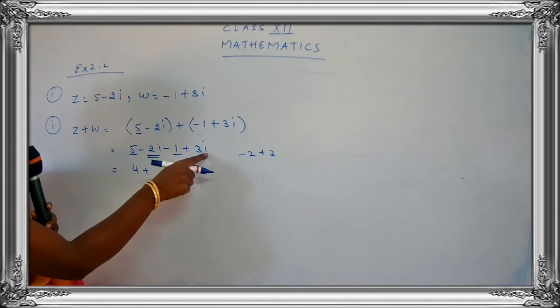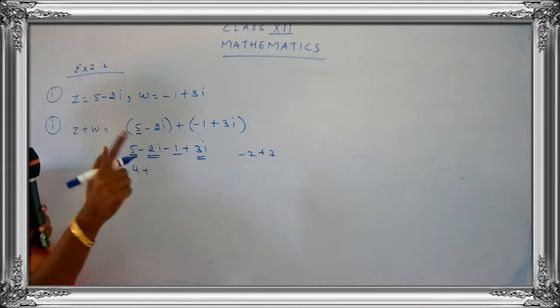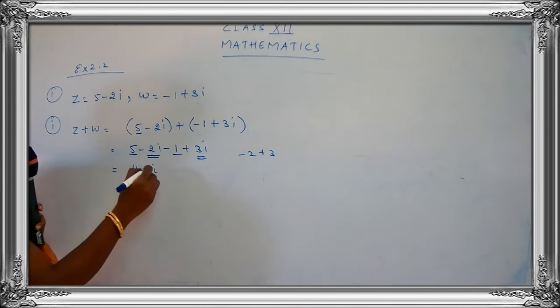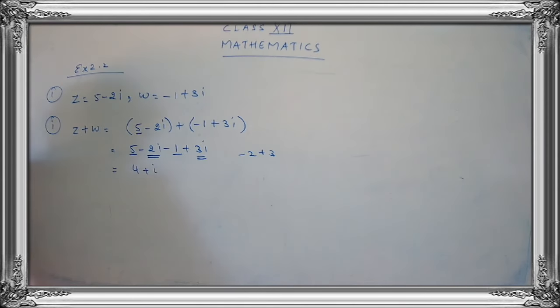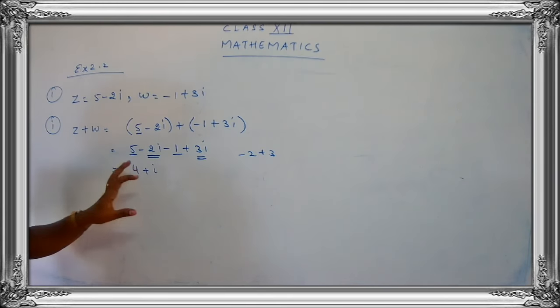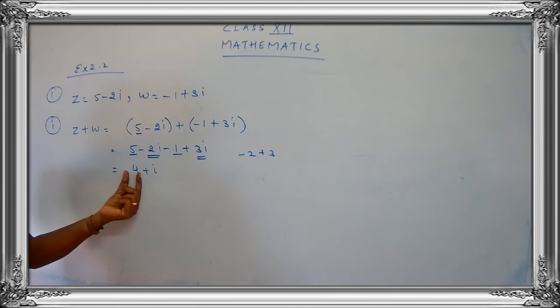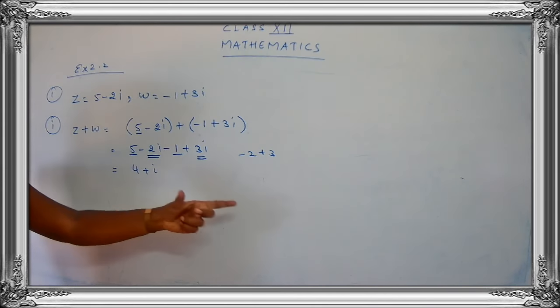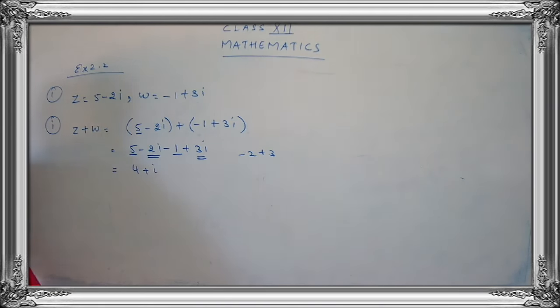What is the variable used here? It's i, the imaginary number. So you have to put your i. Instead of writing 1i, I have just written i. So what is the answer? 4 plus i. Just check whether you have represented it in the proper form. Yes, the first one is the real part and the second one is the imaginary part. So z plus w is equal to 4 plus i. Let's go for the second subpart. z minus iw.